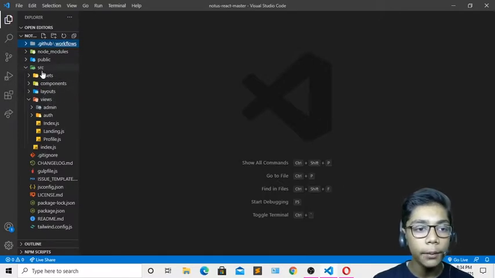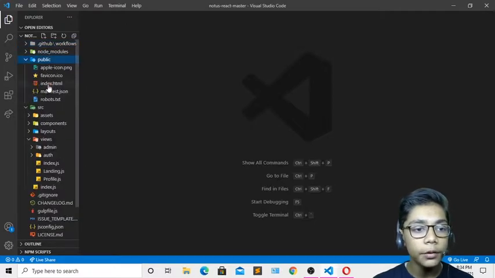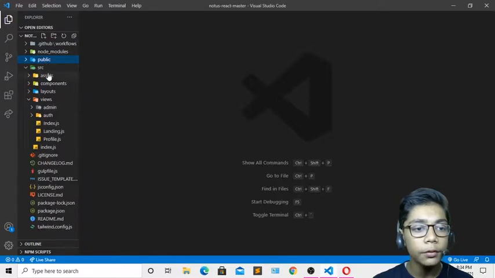With the help of this github folder, we get all the github things related to it. We also have node modules, which help us run the React app on localhost. And this public folder has some index.html files and any logos you can work with. Then I will open the first file.